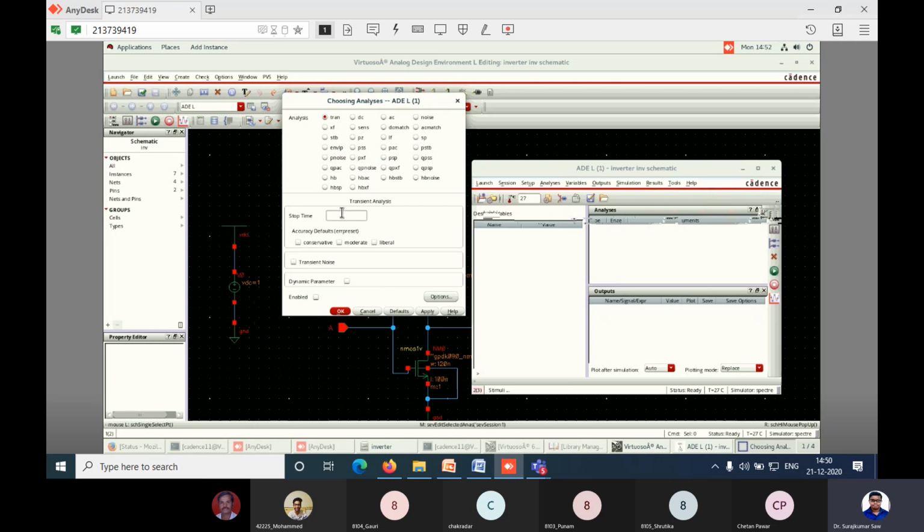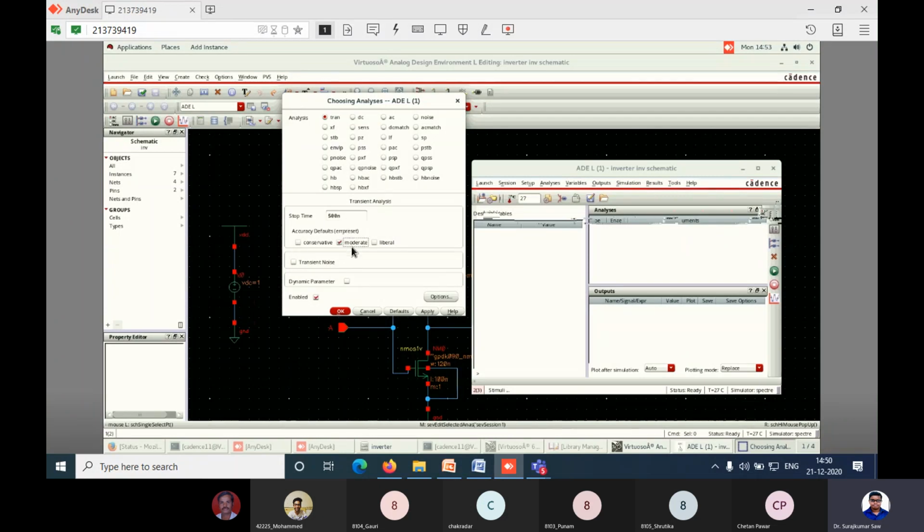In this transient response we have to define the stop time. Here we have provided a period of 100 nanosecond, and we want to see 5 cycles. So for 5 cycles you have to put the stop time as 500 nanosecond. If you want to see 10 cycles, you have to put 1000 nanosecond. Let us give a stop time of 500 nanosecond, meaning after 500 nanosecond the simulation will automatically stop. Not S, write it 500n. By default it will take the value in seconds.